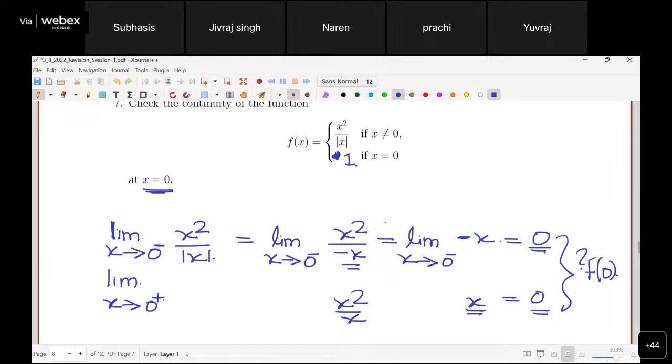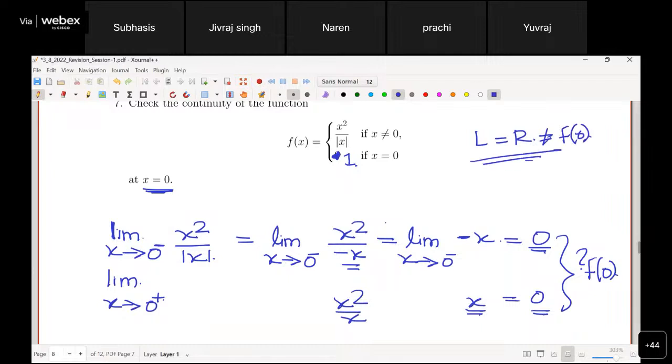Correct, because the left hand limit is the same as the right hand limit, but this is not equal to f of 0. So in that case, sir, this function